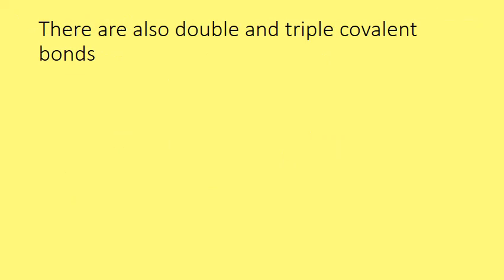So moving on, we also know that there are also double and triple covalent bonds. An example of a double covalent bond is in carbon dioxide. So let's just draw out our dot and cross diagram for carbon dioxide. We've got a carbon atom in the middle, and we've got an outer shell of carbon electrons, and it's done its hybridization promotion thing. So it's now got 4 bonding electrons. Let's do the carbon atom's electrons as dots. So it's got one there and one there and one there and one there, because what it wants to do is